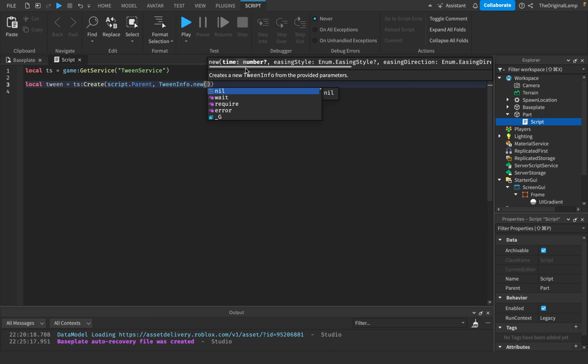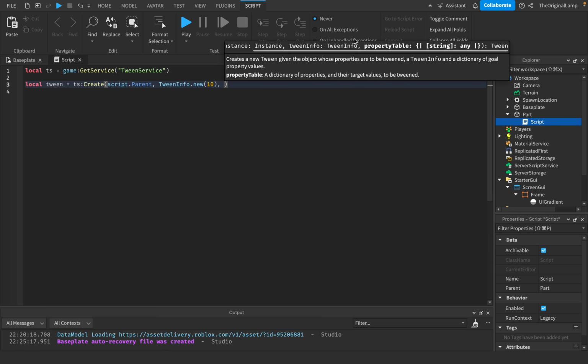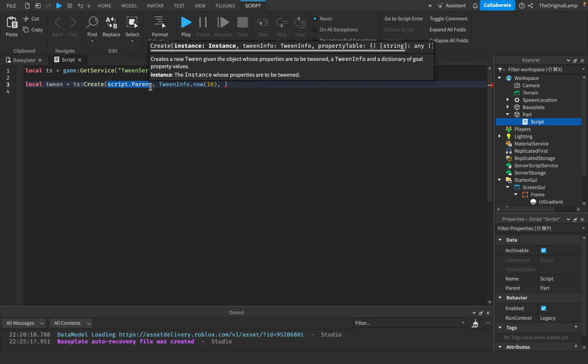It has to be the time first. Then if I wanted to, I could put the easing style. Then if I wanted to, I could put the easing direction, right? So for the sake of right now, let's just put the time. And the time is going to be 10, right? So 10 seconds. And then we want to actually tell it what we want to change about script.parent, which is